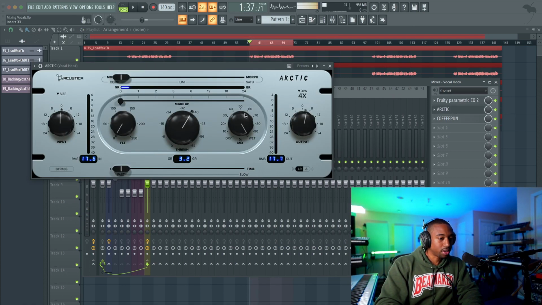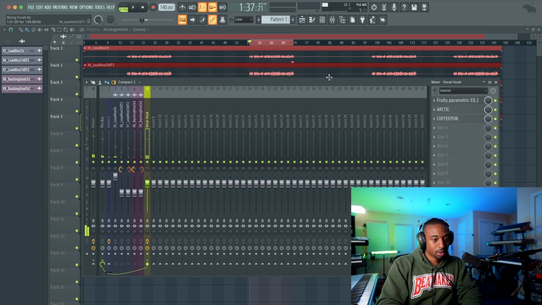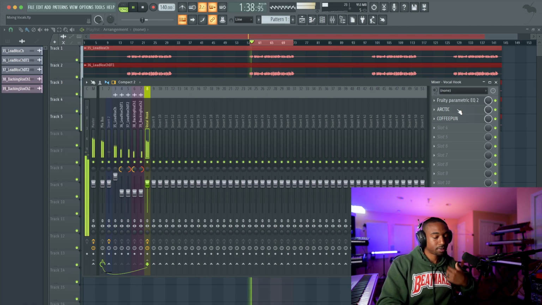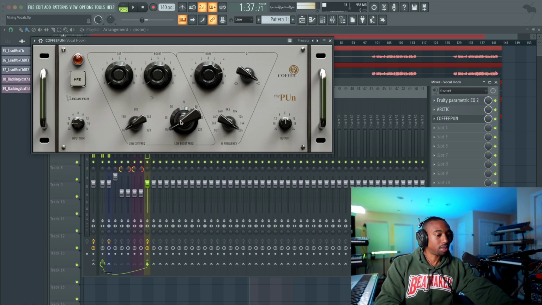Now, if the vocal's too aggressive, we can always go back to the compressor and turn things down. Firstly, I start with the output gain because usually people add too much output gain. Now let's add more body to the vocal by pulling up these lower frequencies